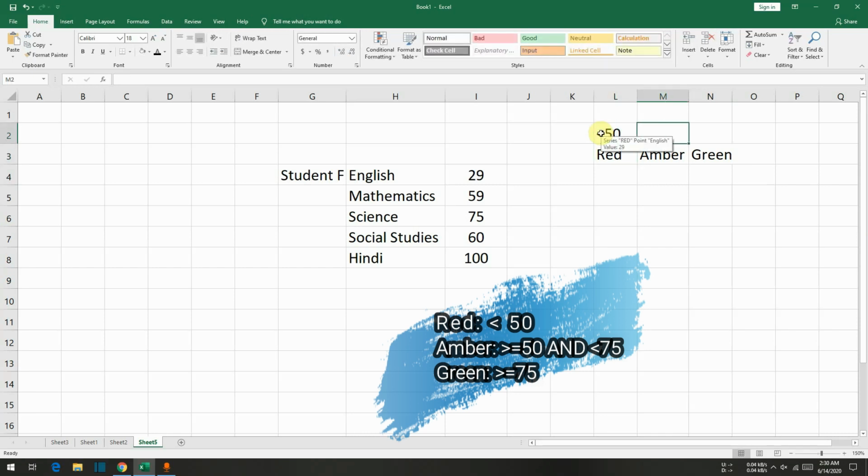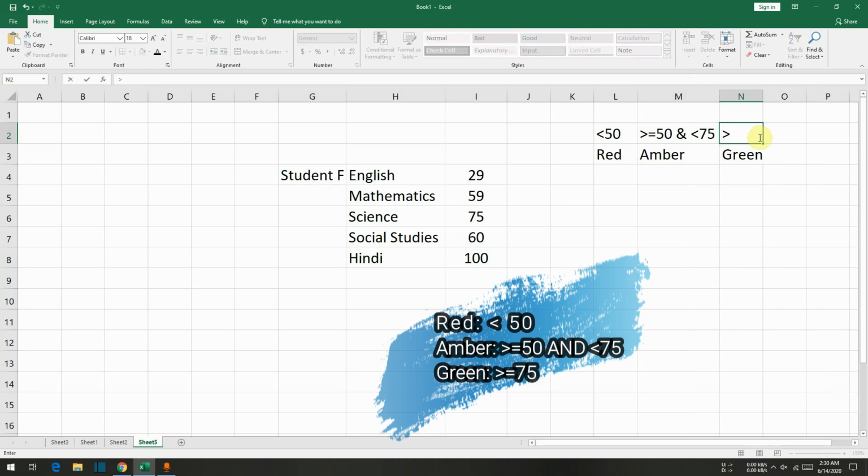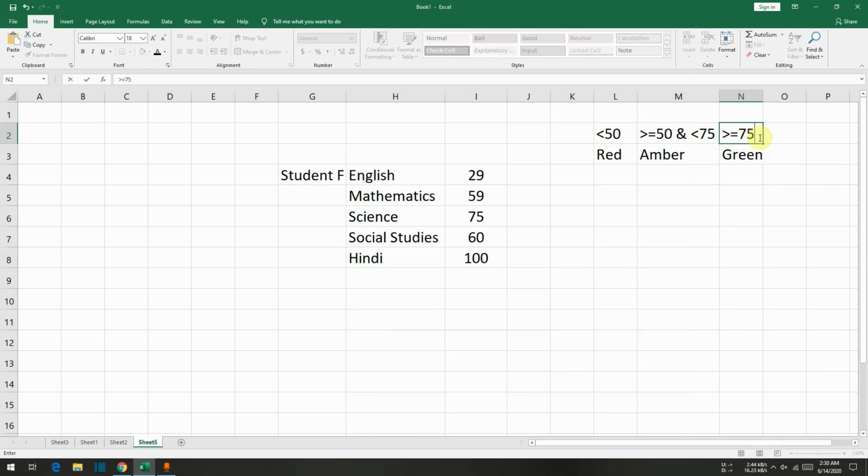If anyone scored more than or equal to 50 and less than 75, it should be amber. And if anyone scored more than or equal to 75, the graph should be in green.